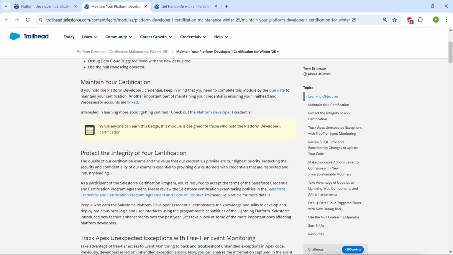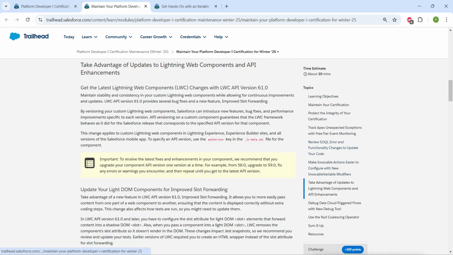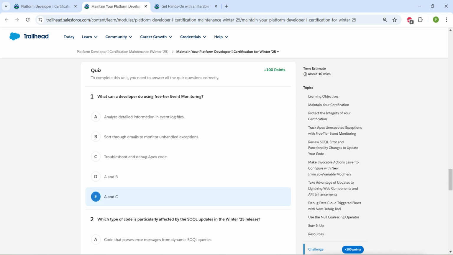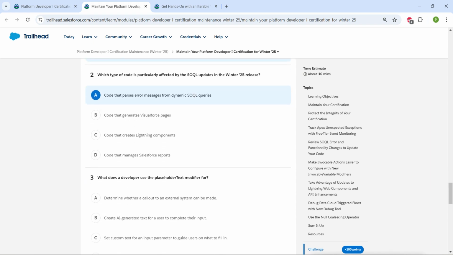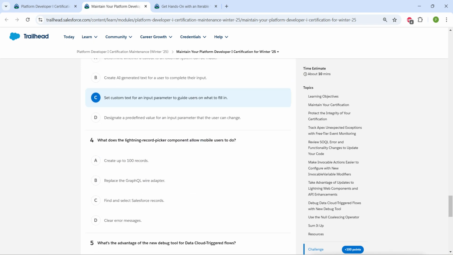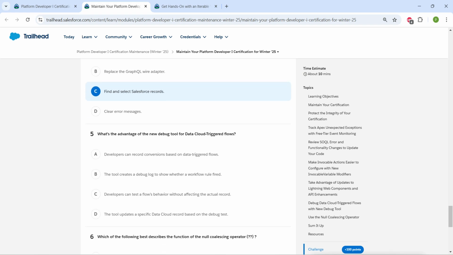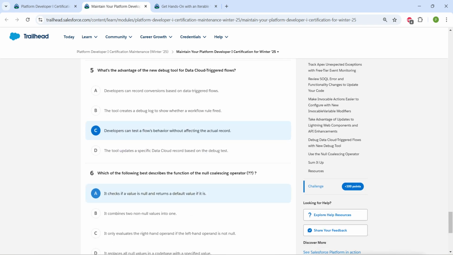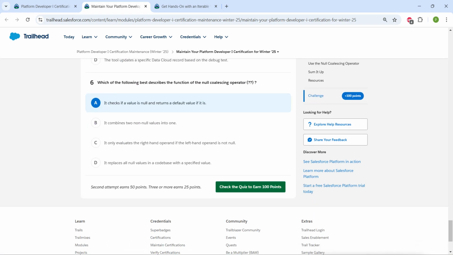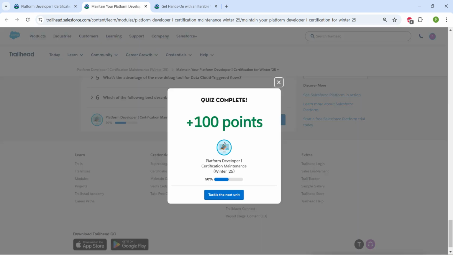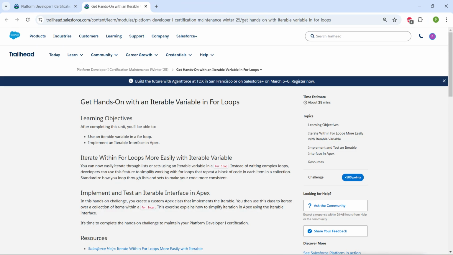So I'm just going to directly mark up the answers. And now let's check this quiz. So yeah guys, we have successfully completed our first challenge, and now let's take up our second challenge, which is